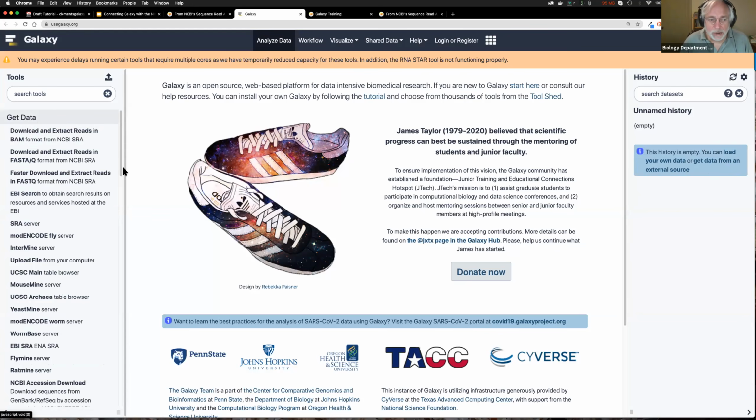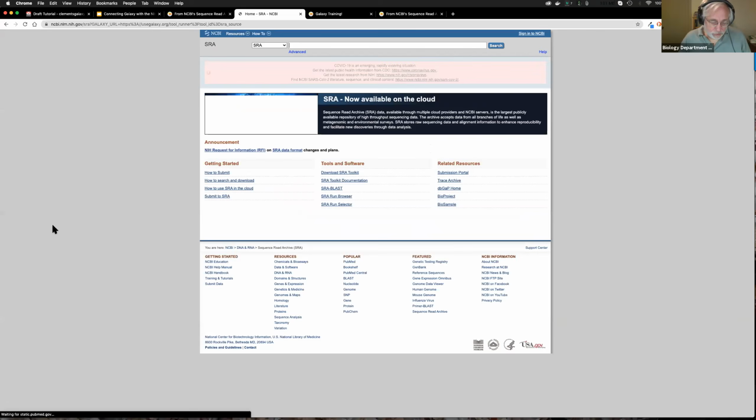So I'm gonna click on that and get data, download and extract. Okay, this stuff looks great because this is what I wanna do. But if I click on, well, yeah, eventually I'll click on that. But right now what I wanna do is go to the SRA server because I don't yet know the details of what I want. I actually wanna go to SRA and figure out exactly what I want. So I'm gonna click on that SRA server. And now it transfers me, I'm gonna zoom in,